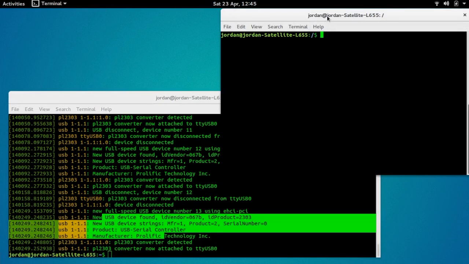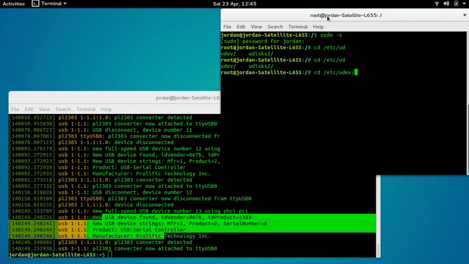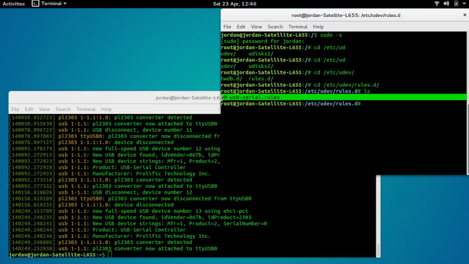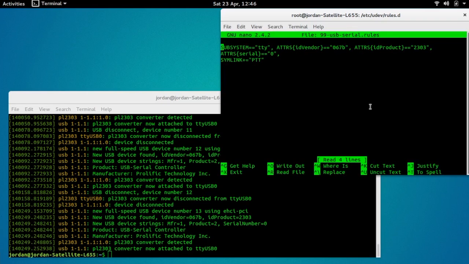And what we're going to do is, first of all, sudo -s, so we're root. And we're going to cd /etc/udev/rules.d. And that's the directory we're going to be in. I've already created this file, so everybody doesn't have to watch me type it in. But if I look, we'll see a file called 99-usb-serial.rules. And if we look at this file that I've created, and you should create the very same file, we're